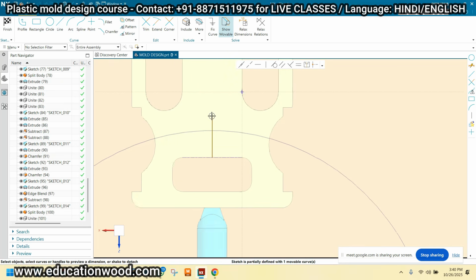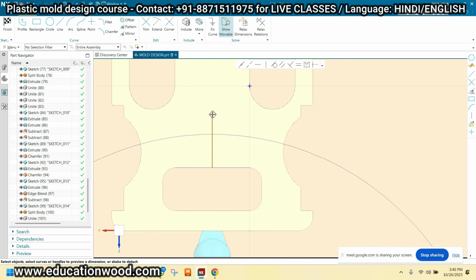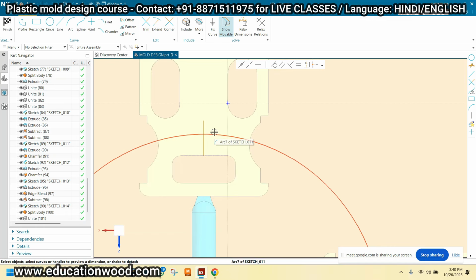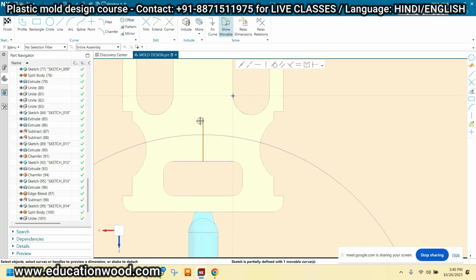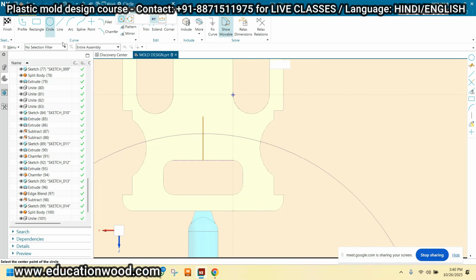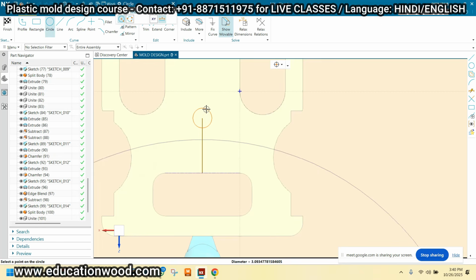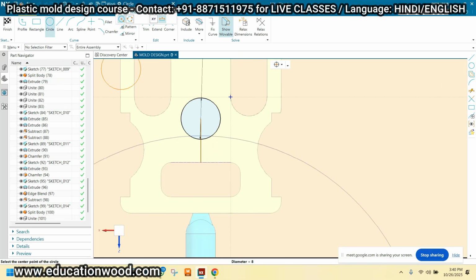Like for example, 10 available. Yes, of course, 10, 8, 6, all these diameters are available. And this ejector pin is a standard item, right? So I'm taking 8 right now.